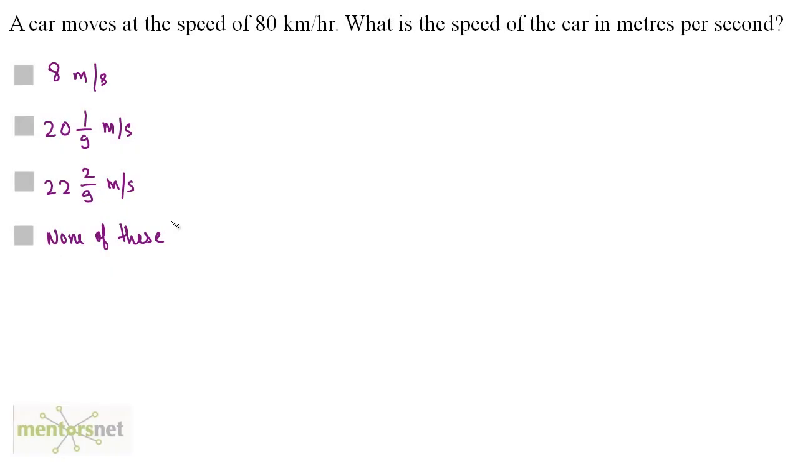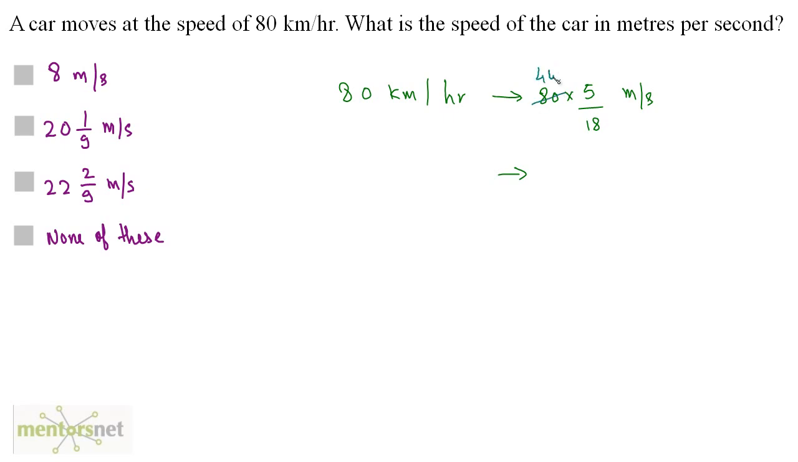A car moves at a speed of 80 kilometers per hour. What is the speed of the car in meters per second? So you have been given the speed of the car as 80 kilometers per hour. If you want to convert any speed given in kilometers per hour to meters per second, just multiply it by 5 by 18. So you have 80 times 5 by 18 meters per second, and that is equal to